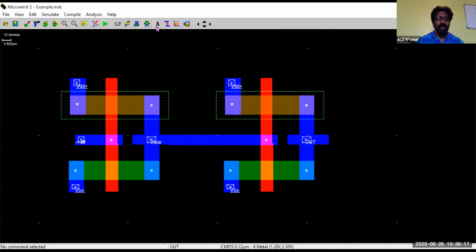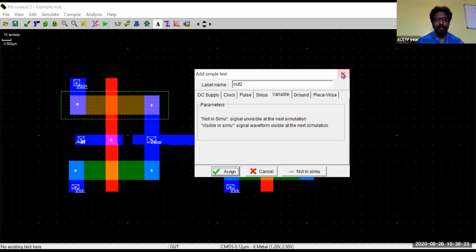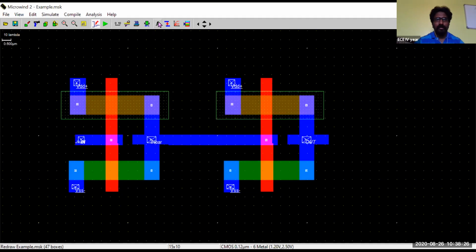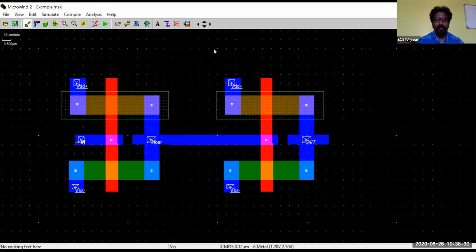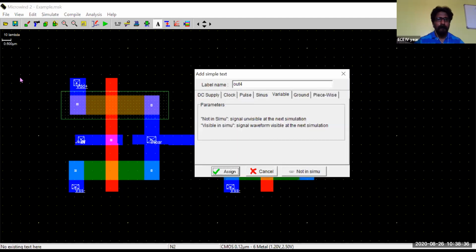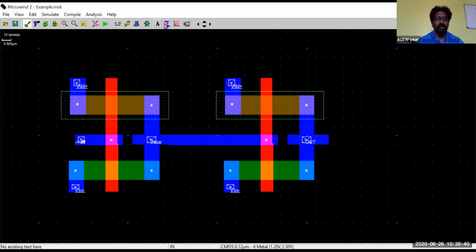And you can even name this one anywhere. Okay, it is not showing output. Okay, it's showing for the output. Okay, I'll discuss that one later. So now first we'll try to enter into the simulation part.